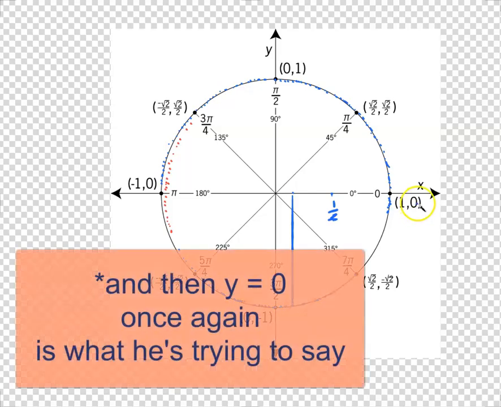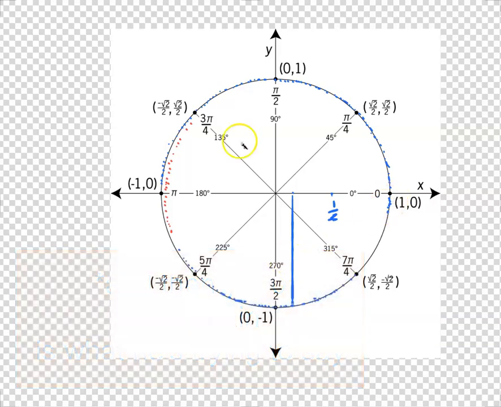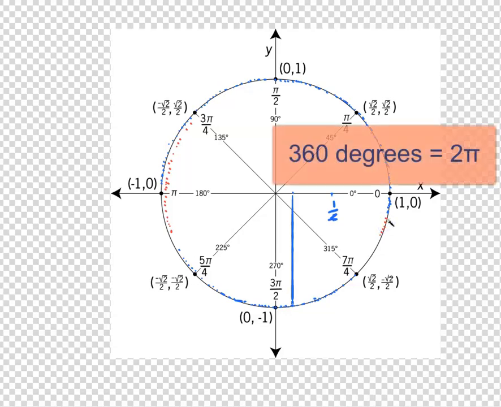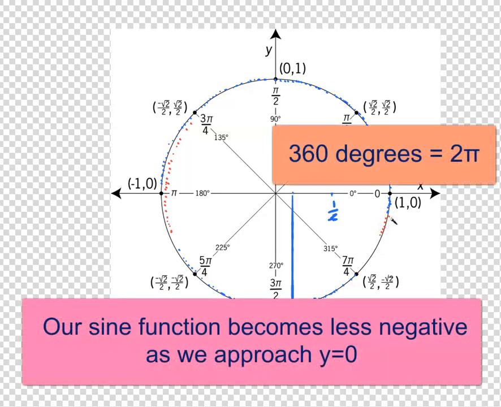again, and then y approaches 0 again. And likewise, as we approach 2 pi, or a full cycle, or 360 degrees, our sine function